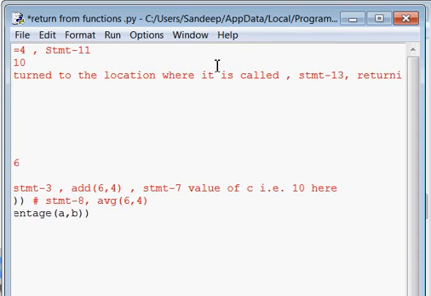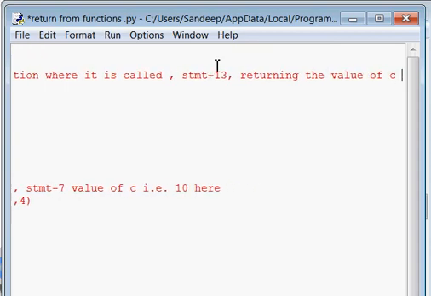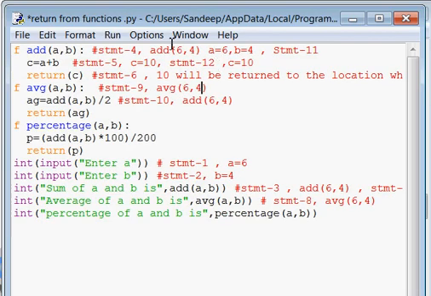Returning the value of C, again. Returning the value of C to which location? To where we have come into this function from. Now we have come into this function from this statement. So the next statement 13 will be executing this one. Statement 13 is this, and here we are getting value 10 in place of this.